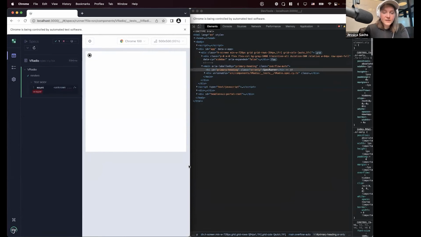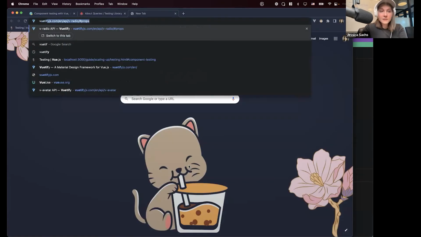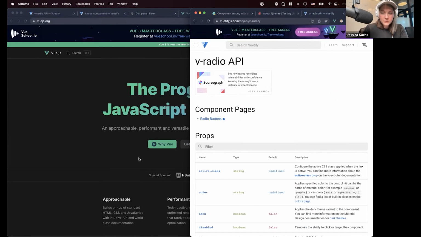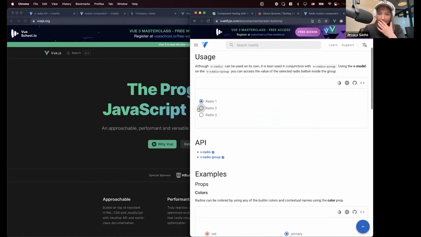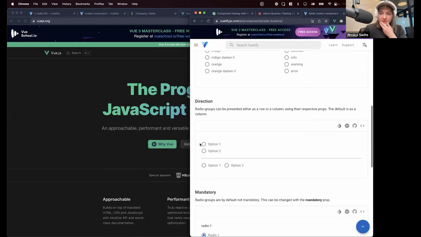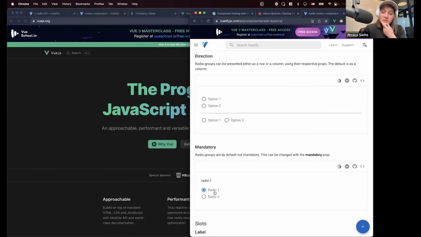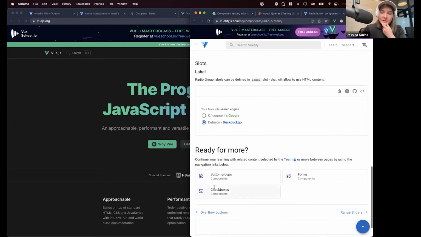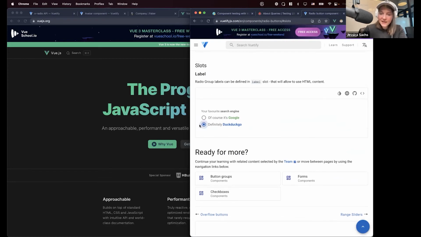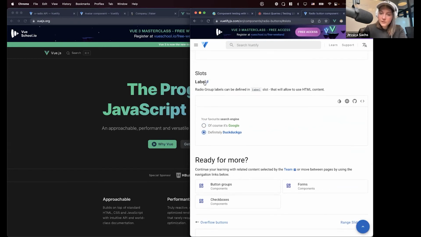And let's look at the Vuetify documentation to see how it should work. So Vuetify, vRadio. So what is supposed to happen with this vRadio? They like to have radio groups. I don't want to do radio groups. That's too much for us right now. But radios have labels. It's one of the things we have. And they have slots for the labels and they have props for the labels. So let's try that. Let's test that the radio button both accepts a slot for a label and a prop